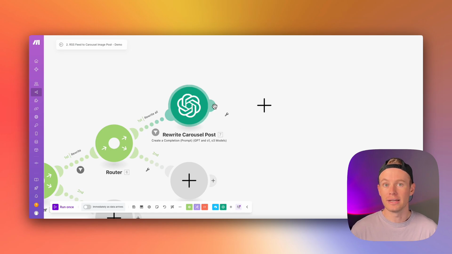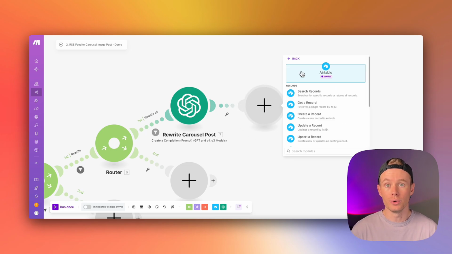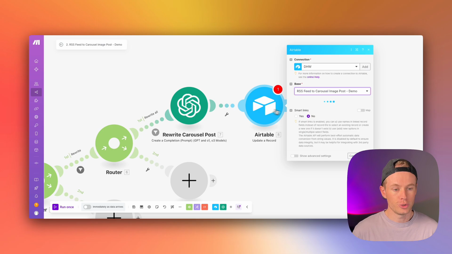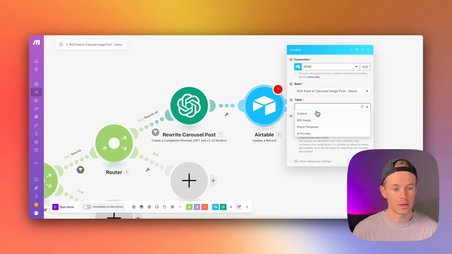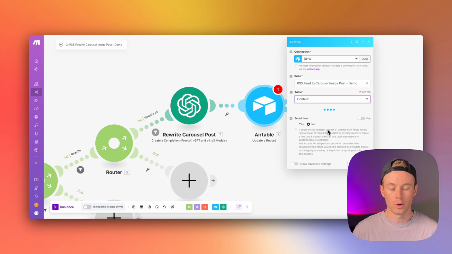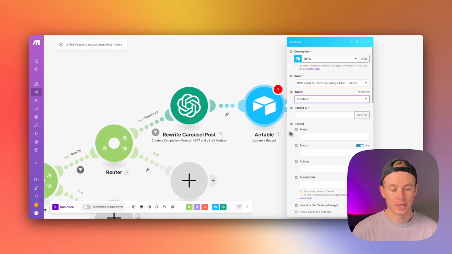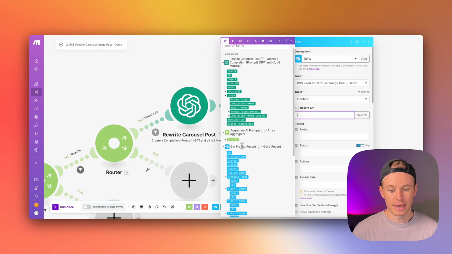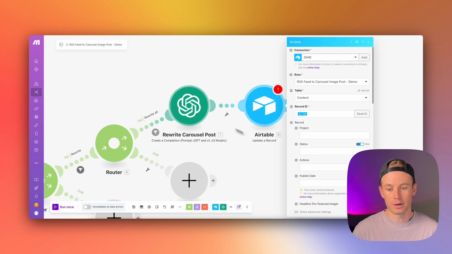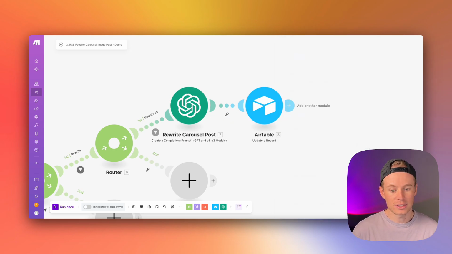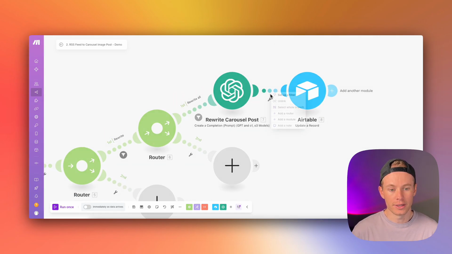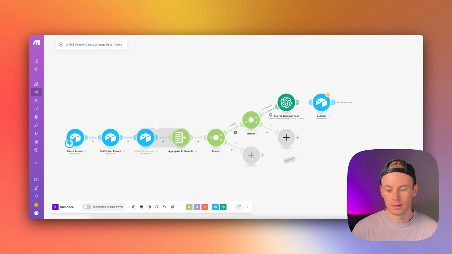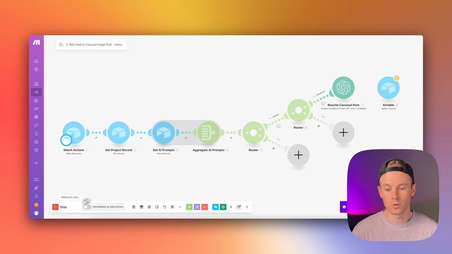And then we want to update the project record with the new values. So update a record, choose your base, and the table is going to be the content table. And then we're going to map in these new fields. And what we do have is the record ID. So this one, get project record ID, we can do that. But we don't have any of the variables yet because we haven't run it through. Let's hit save, and let's go ahead and just unlink right there and hit save one more time, run once,